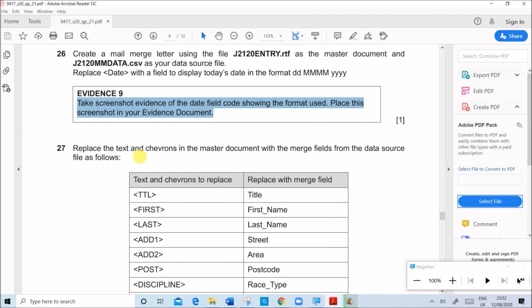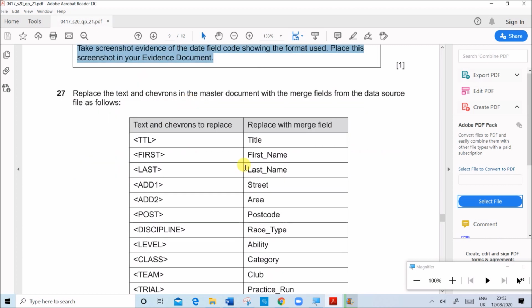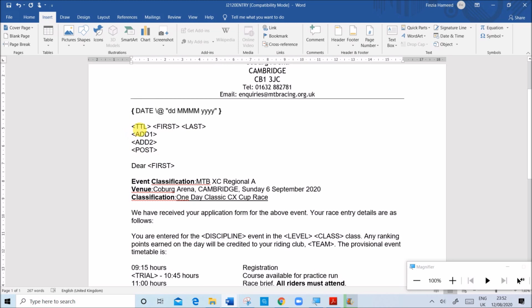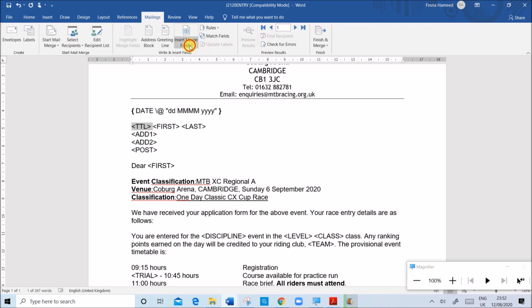Next, replace the text and chevrons in the master document with the merge fields from the data source file as follows. These fields must be replaced by the field names which are given here. So title or this TTL must be replaced with title. So on mailings, you can see here merge field, set title.